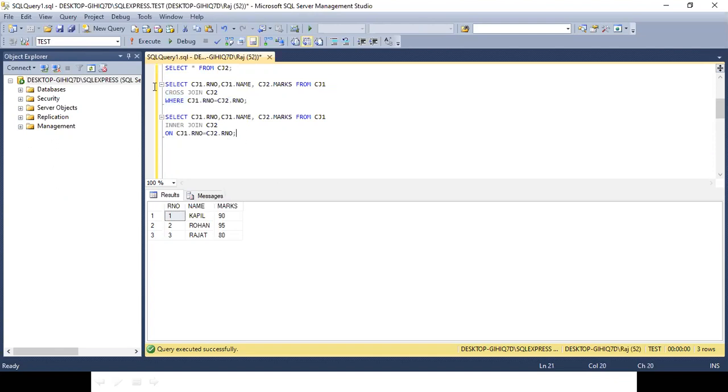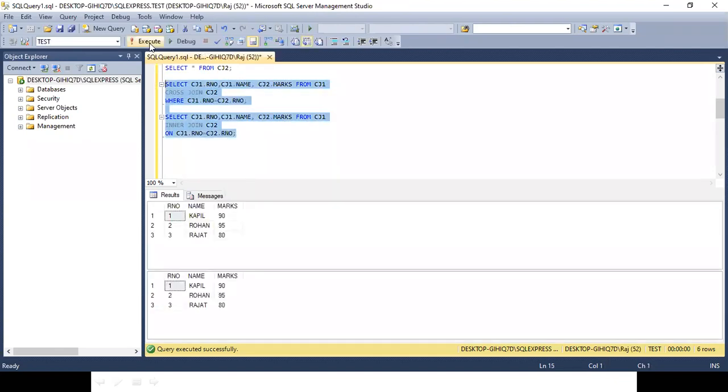So that means if I run this or this, both are giving me the same output. It is a very common interview question: the relationship between inner join and cross join. The relationship is this: cross join plus where is equal to inner join.